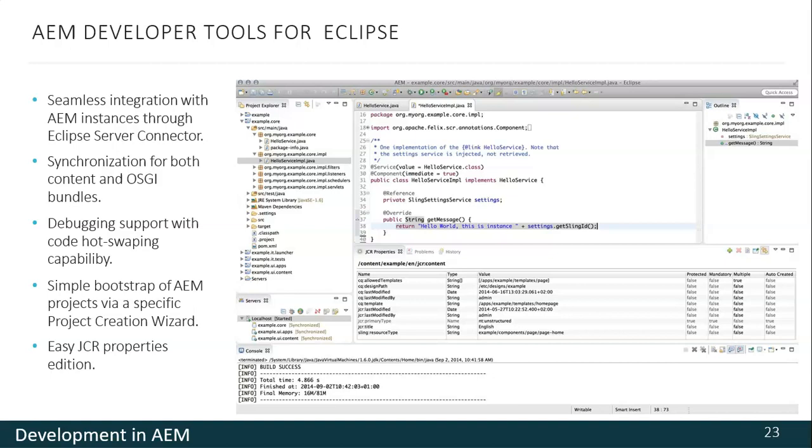The code that you write inside Eclipse automatically goes to the server and it works both ways. Then you can use quick project creation and editing properties available directly from Eclipse.